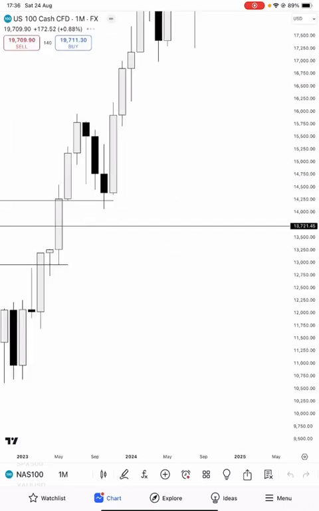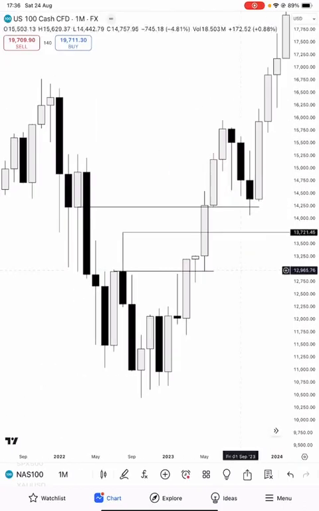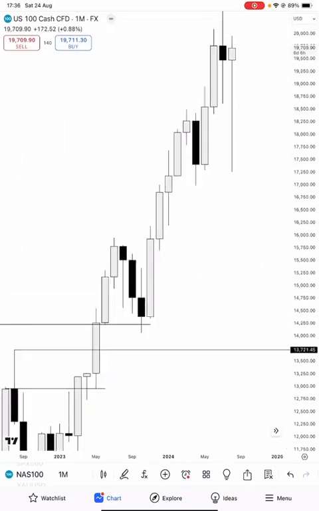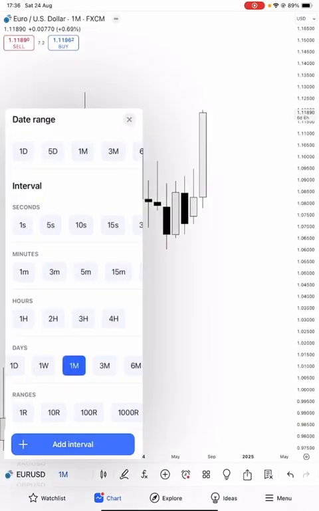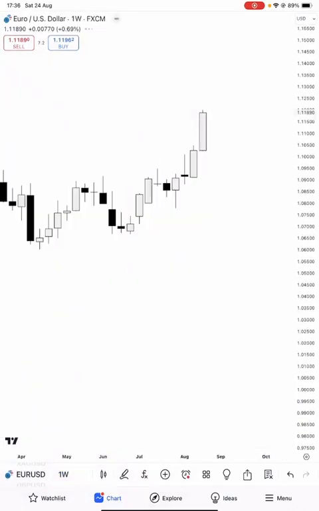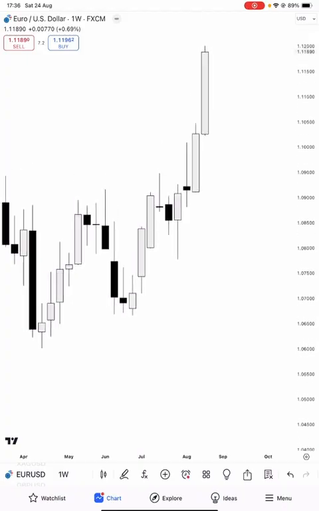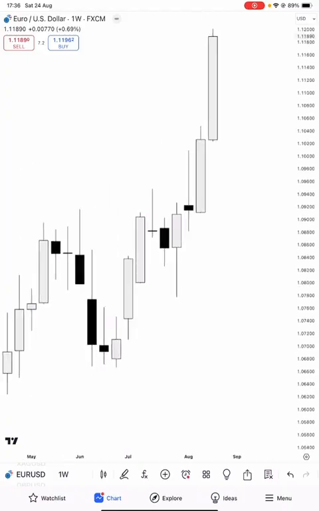Now, let's... I will leave all the drawings like this. Yeah, beautiful. Flip of the opening price, beautiful. And I don't know, we can go to euro, and I can break down a trade